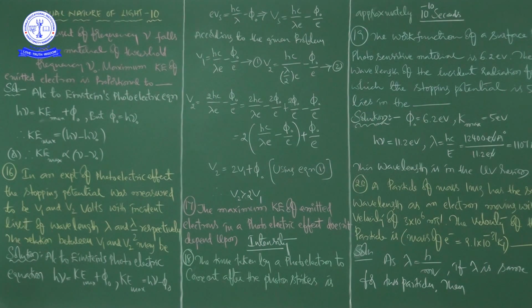Okay, see these two things. This is anode potential, and this is retarding potential, and this is photocurrent, and there are three different radiations, A, B and C. By seeing this, I can say that curves A and B represent incident radiations of same frequency but different intensities.